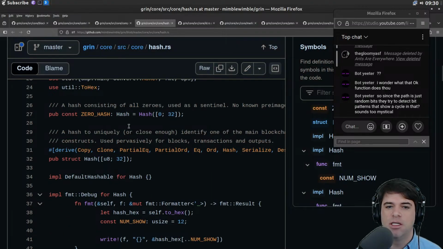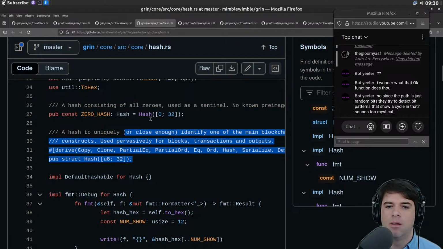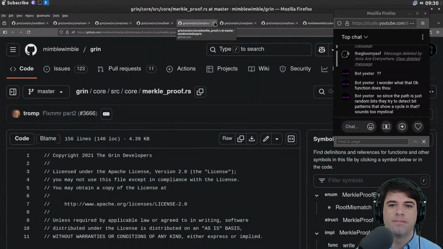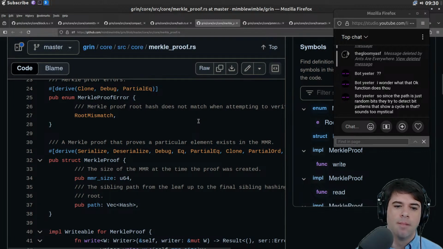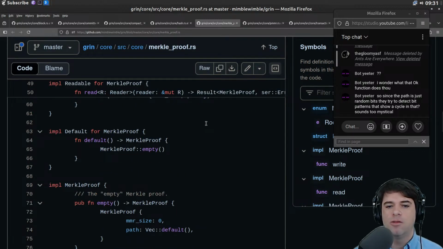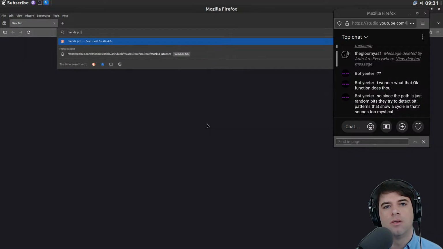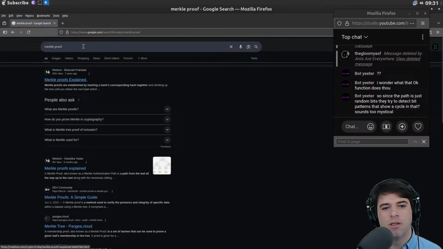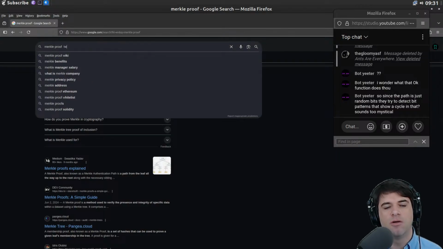A hash consisting of a blah, blah, blah, and we looked at IDs. And then Merkle proofs. I'm not sure. I know what a Merkle tree is. I know what some other Merkle stuffs are. I don't know if Merkle proof is related to Merkle trees or something else.